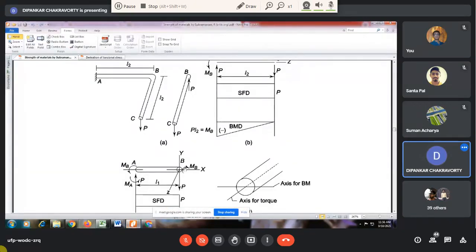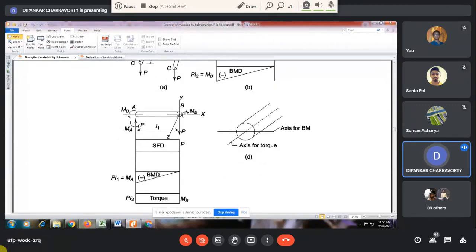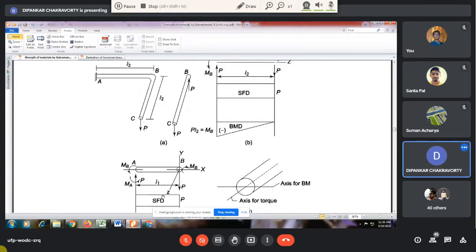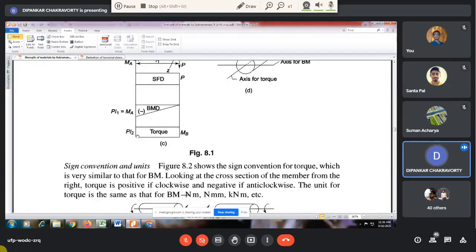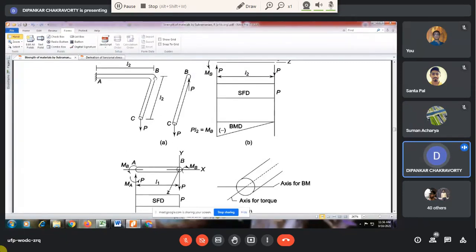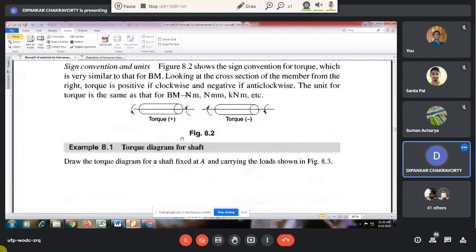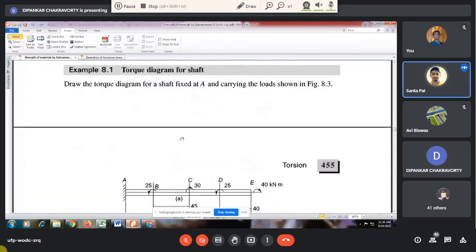Okay. So if you draw the shear force diagram of member BA, the same shear force P will continue. If you draw the bending moment diagram, that will be P into L1, because this P gets transferred here, into L1. And you have a constant torsion acting here, which was P into L2. The moment which was a bending moment at B when member CB was concerned is a torsion moment at B when the member BA has been considered. Is it okay? Yes, sir. Fine.